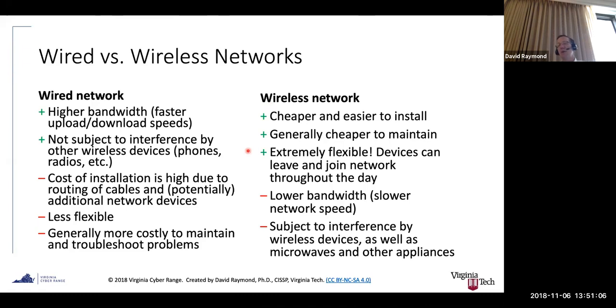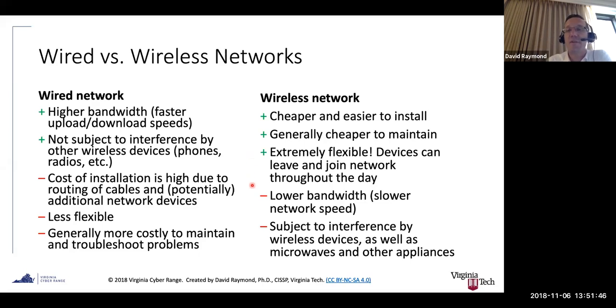Imagine a situation where you had a college where students, when they brought their laptop into the classroom, had to plug into the network every time. Of course, we're spoiled by the fact that at Virginia Tech you can walk anywhere and open your laptop and you're on the network automatically and immediately. And with wireless infrastructure like eduroam, or authentication infrastructures like eduroam, I can go to a different college campus in the U.S. or even some in Europe, and I don't have to do anything special to get on the network. I'm just on.